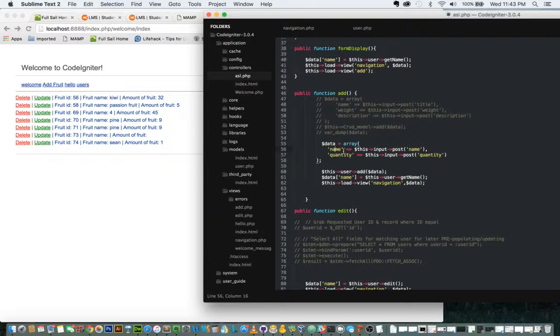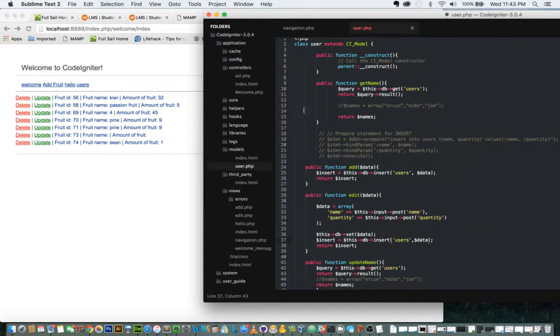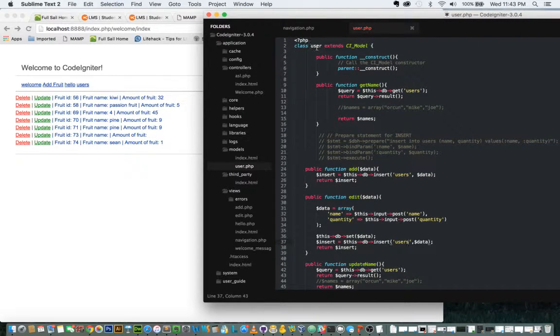Let's see what else we can speak on here. Here we're saying this user, and the user is coming from, again, the models. We're saying in this model,